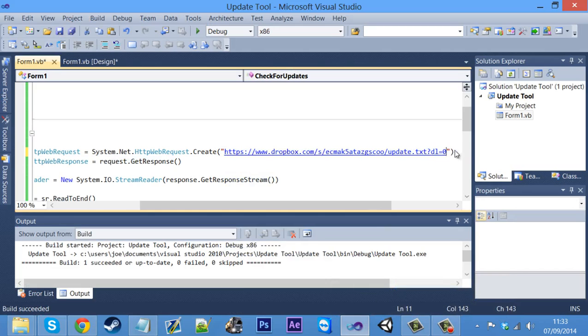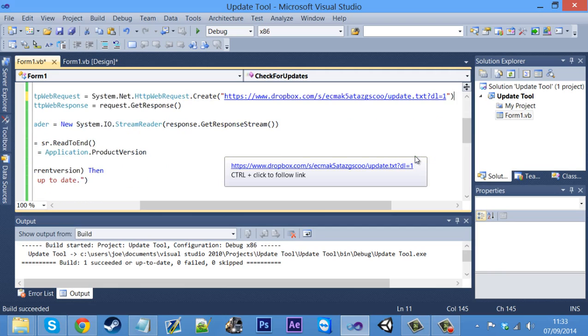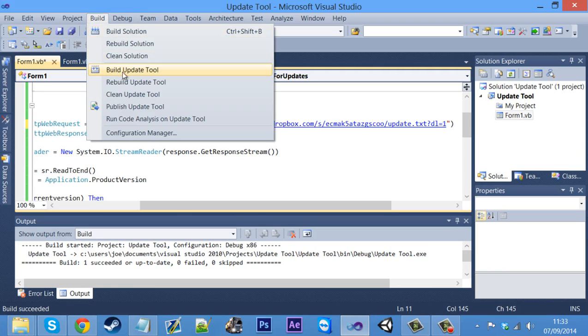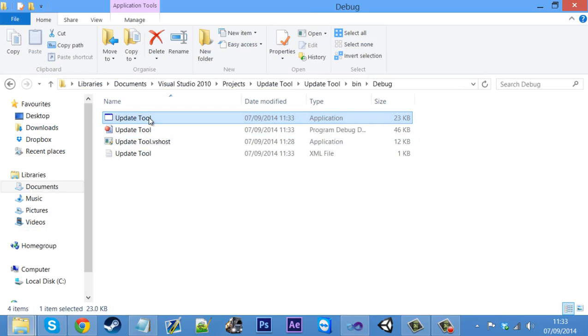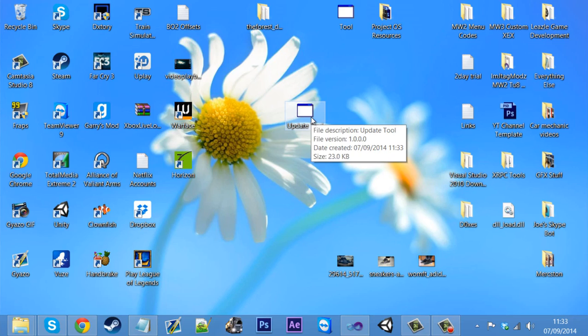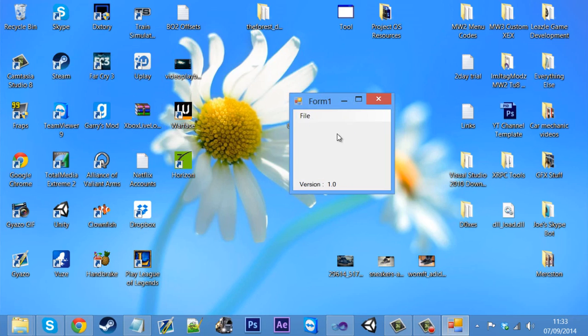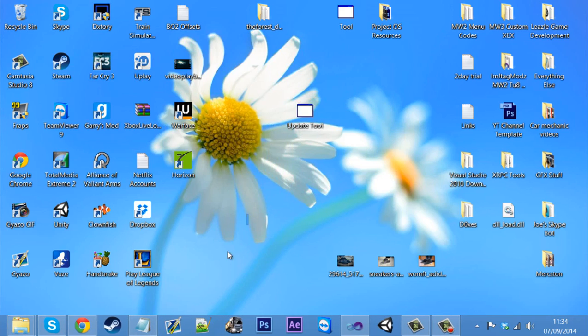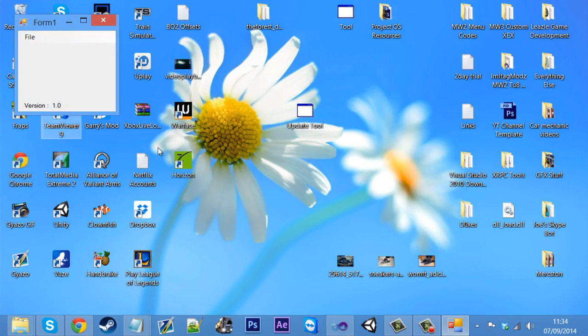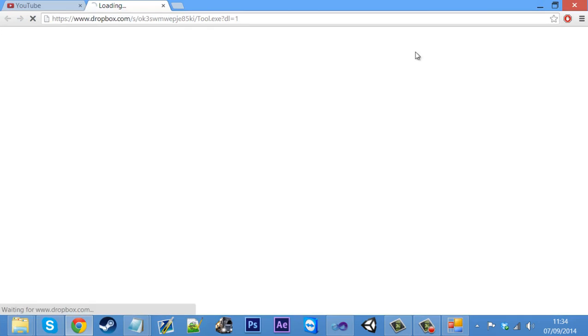Now it wasn't working for me because of this DL equals 0. All I did was change it to 1 and it did work, so all you want to do is put it to 1. Now if we build update tool, get this new version, copy it, and paste it to my desktop and click update, it should be up to date. Yeah, your software is up to date. Now let's check if we change the update to 2, if it's working. File update. Yeah, as you can see there's a new update,